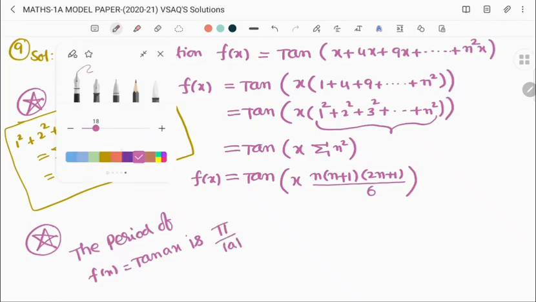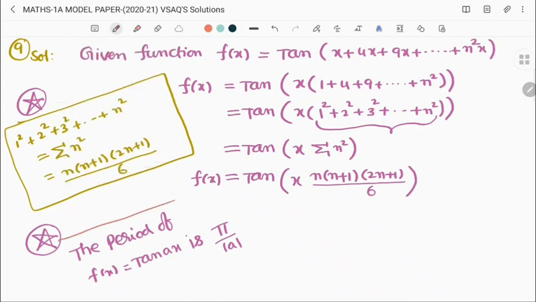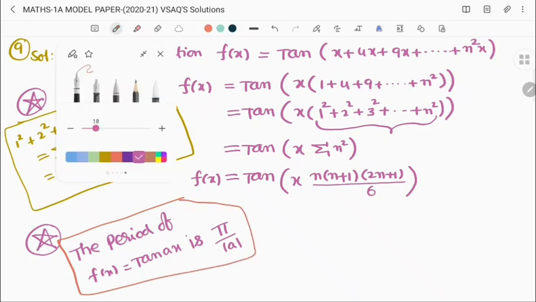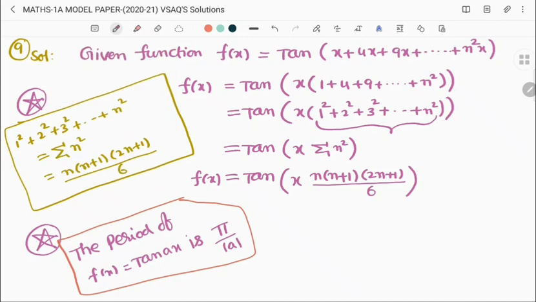This is the period of the function. Remember, dear students, by writing this formula and substituting in this, you will get the marks. See here, compare with tan ax, where a is equal to n into n plus 1 into 2n plus 1 by 6 only, no? Therefore, the period of f of x is